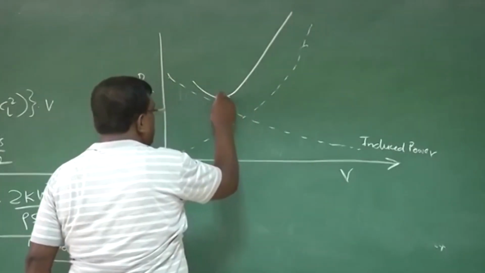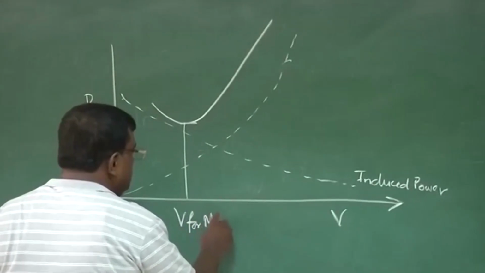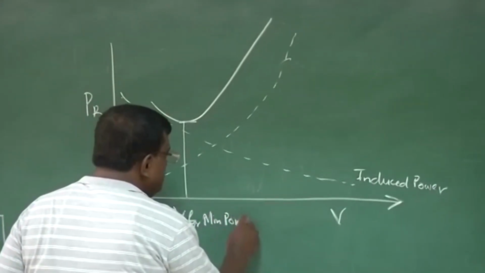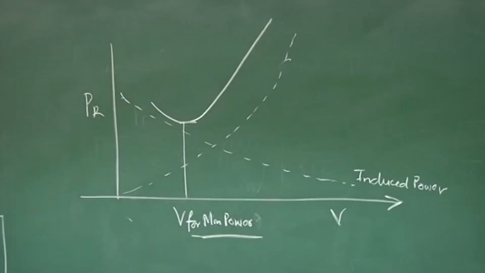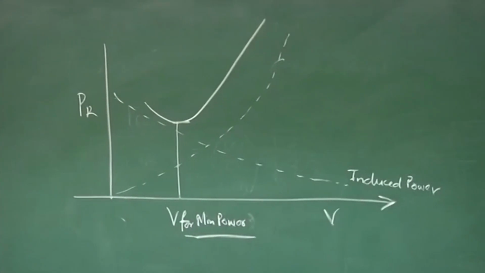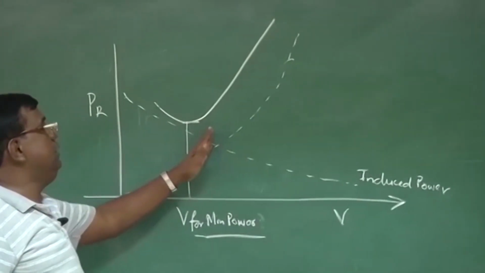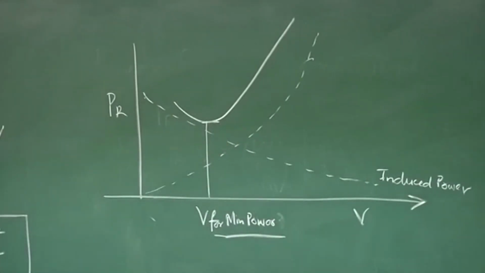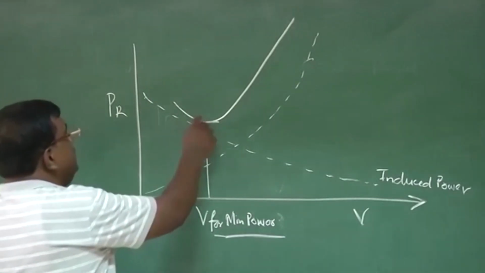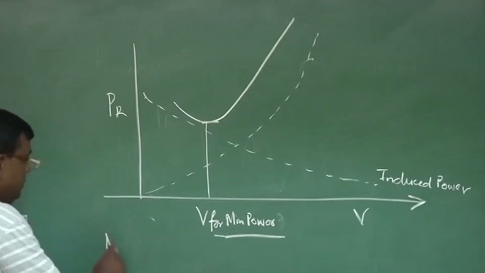And this is the point where this is V for minimum power. Please note that this point is not here. This is less than this point, and I will explain this. Let us analytically find out what will be this point. But one thing we understand, for minimum power,